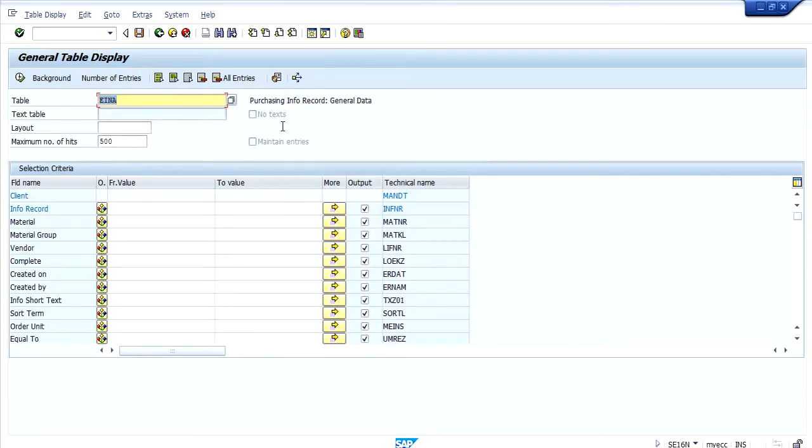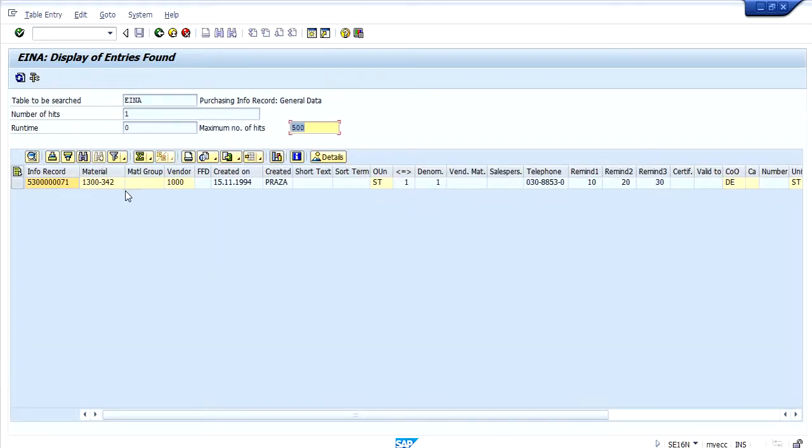The table to check an info record with respect to material and vendor is EINA. So this is the info record that is already created.